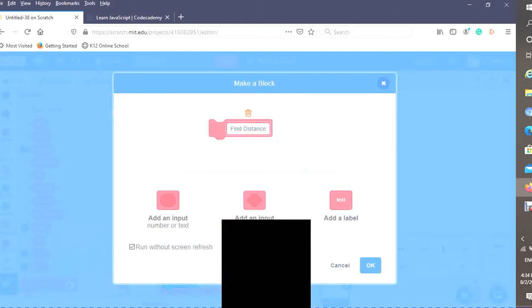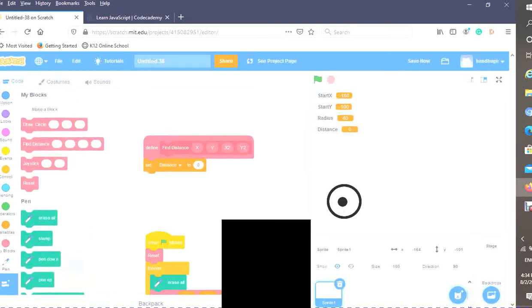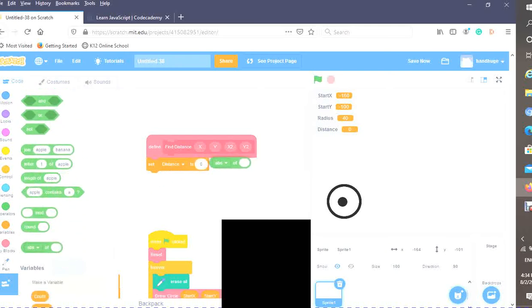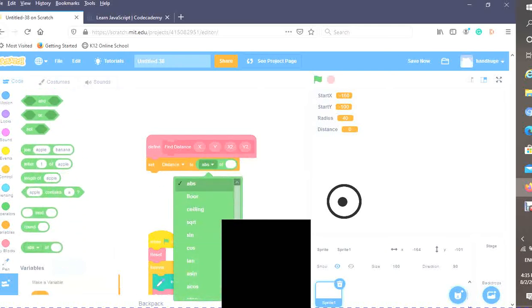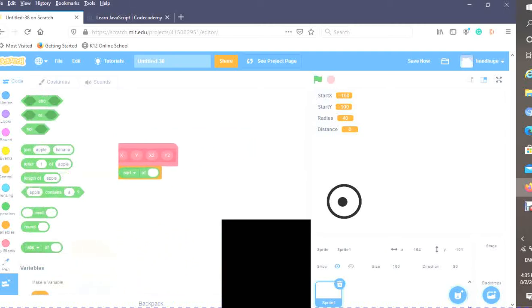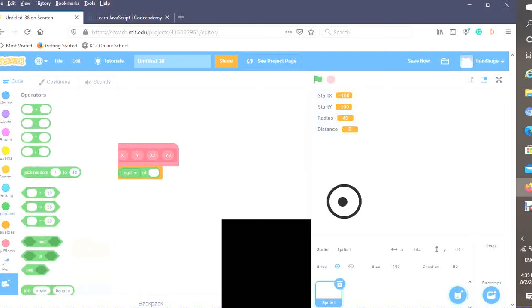Also, in the find distance, I forgot, edit this, and you actually want to add 4 inputs: X, Y, X2, and Y2. So set the distance to the same distance algorithm that I showed you. So the square root of